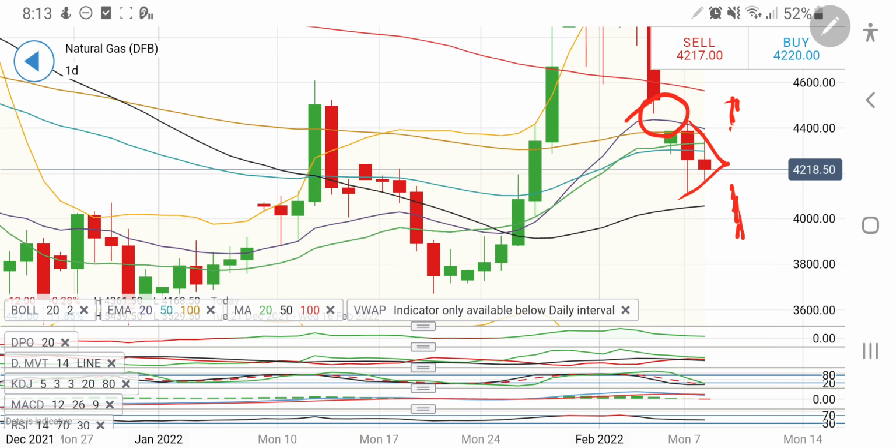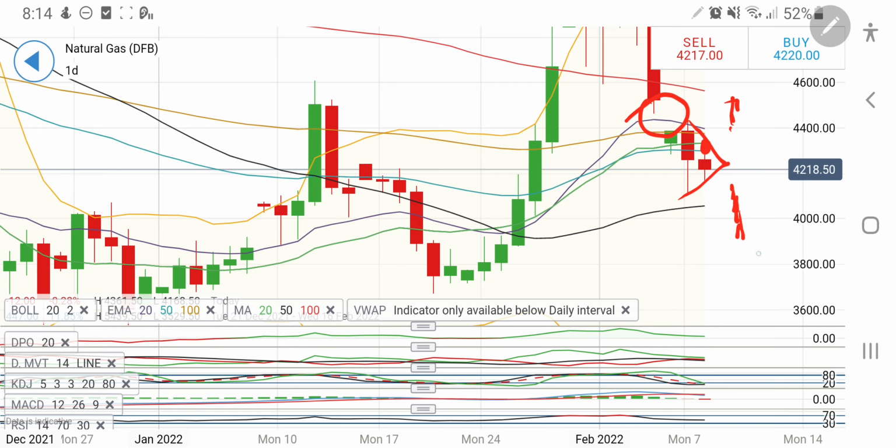So once it breaks 4400, you can go long, and yes, there is a resistance available at around 4350 levels from the 20 period moving average. So 4300, 4350 definitely is a stronger resistance. In fact, one can take a long entry at around 4300. Now beyond 4300, definitely it will fly towards 4400 and 4500 levels.